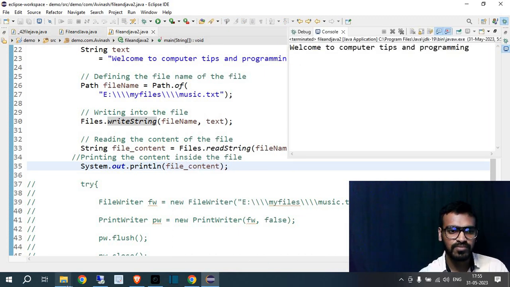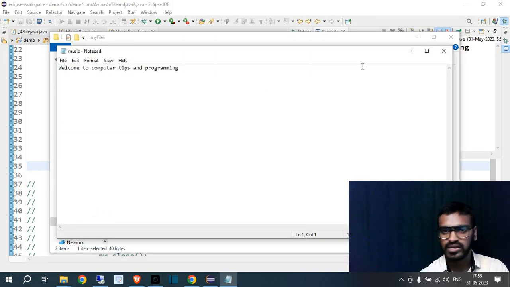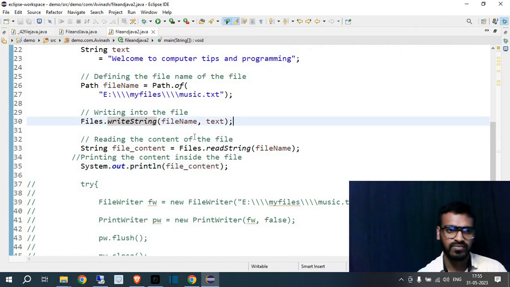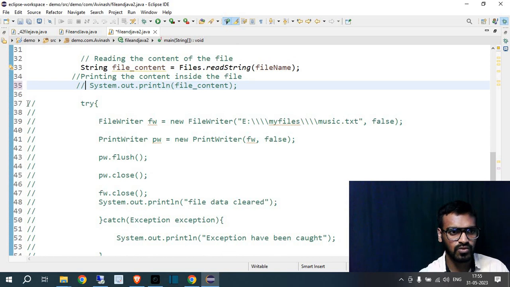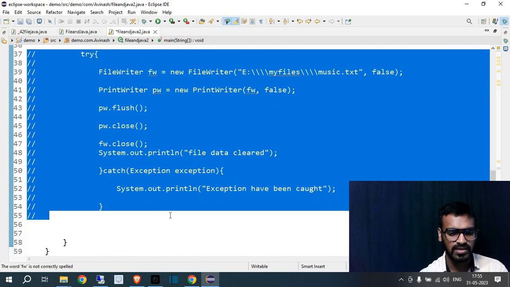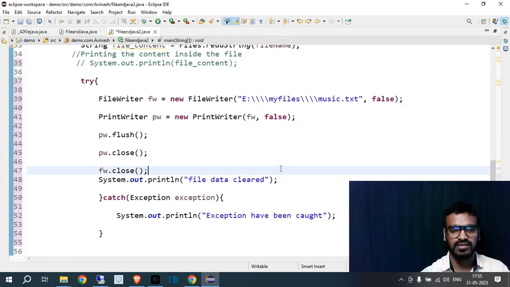"Welcome to Computer Tips and Programming." You can see that the file was 0 KB before, and now it has "Welcome to Computer Tips and Programming." Now I want to remove the data from this file. For this you can see there is one more code block here. You can take a screenshot of this, because if I start typing, it will take a long time. So you can take a screenshot of these things,